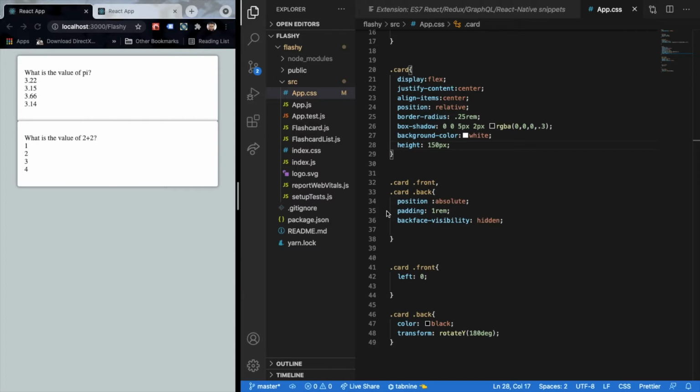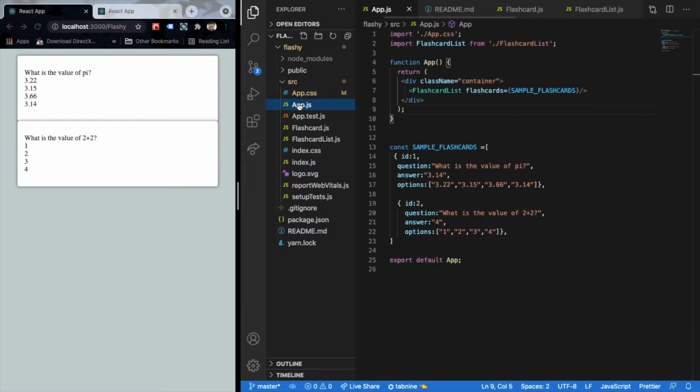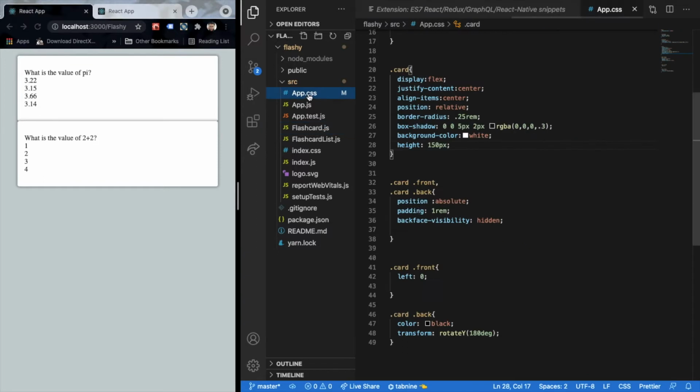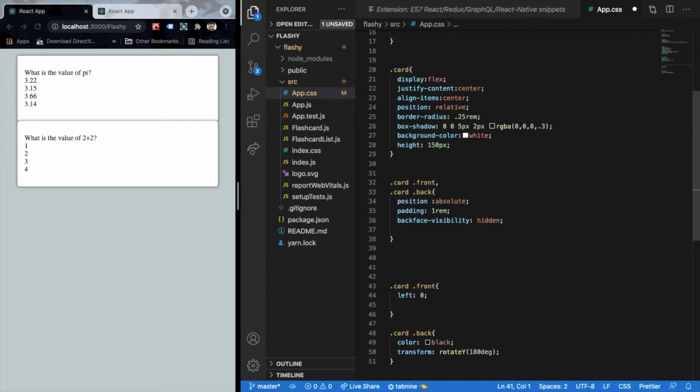Now, the most important part over here is that whenever we click, we want to be able to flip over this. And if you remember, in our flashcard.js, we added this flip class. So let's just add this flip class over here so that whenever we click, we are able to set this flip class.